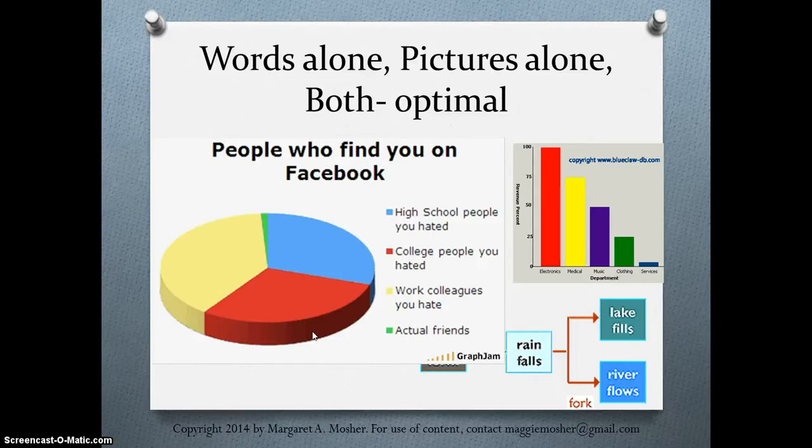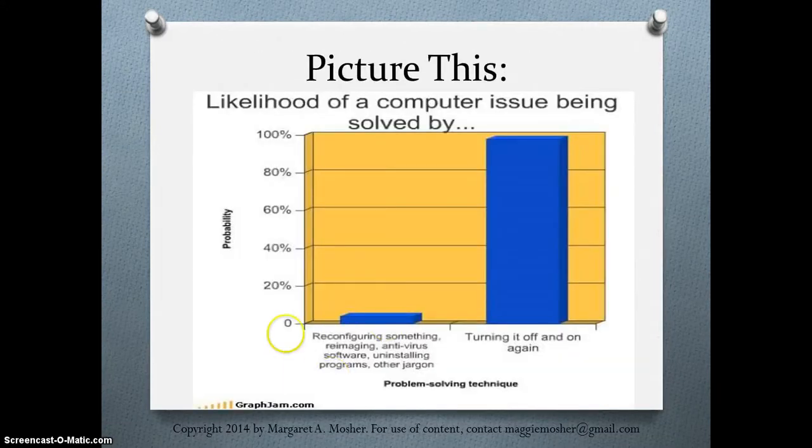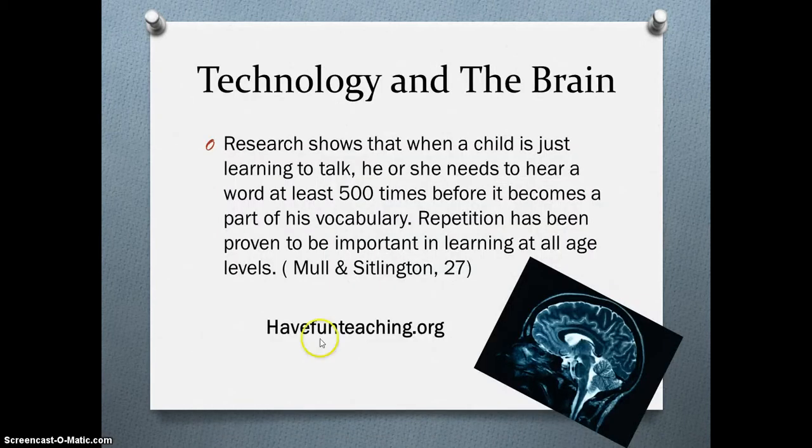I like it. The other one for graphs, again from Graph Jam, is the likelihood of a computer issue being solved by reconfiguring something versus turning it off and on again. You can create your own graphs from Graph Jam, but there are also just random graphs there that are quite funny. And I was using this to pretty much show you that pictures are worth so much,